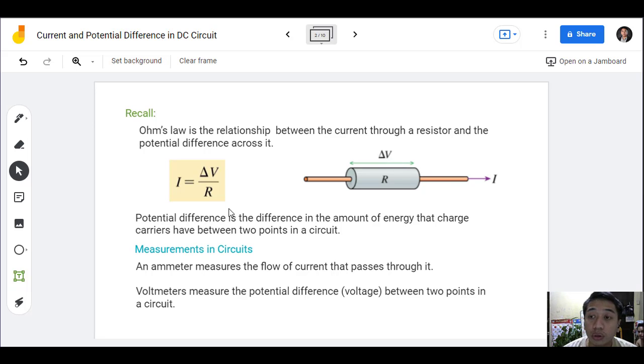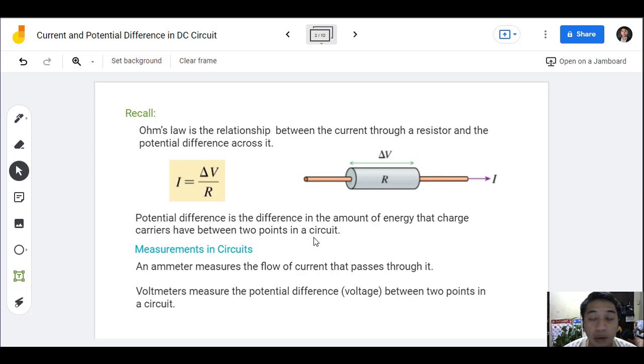So to provide a certain formula, we can indicate that the current is equal to the change in voltage over the resistance. So potential difference is the difference in the amount of energy that charge carriers have between 2 points in a circuit. To measure this